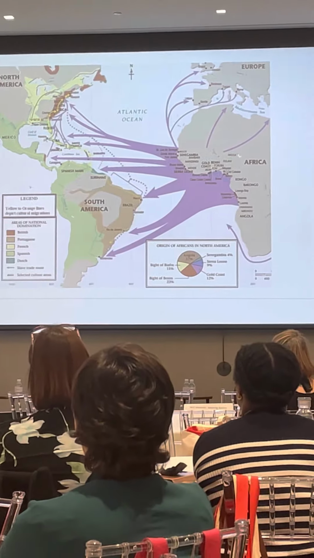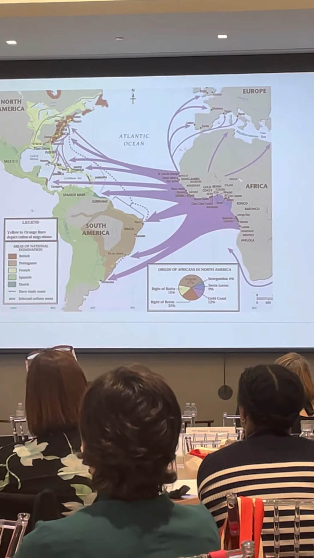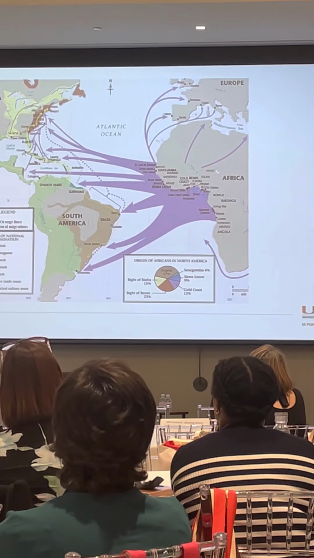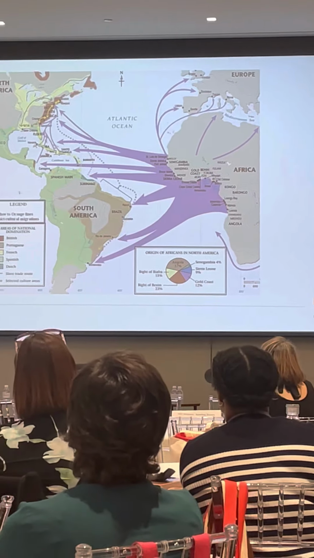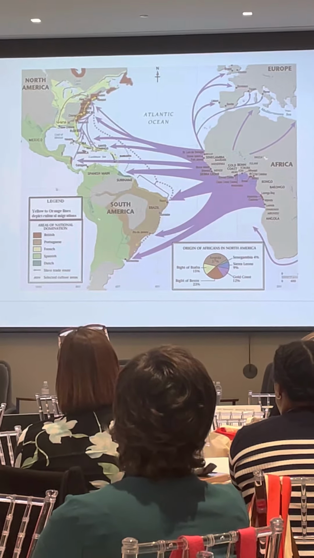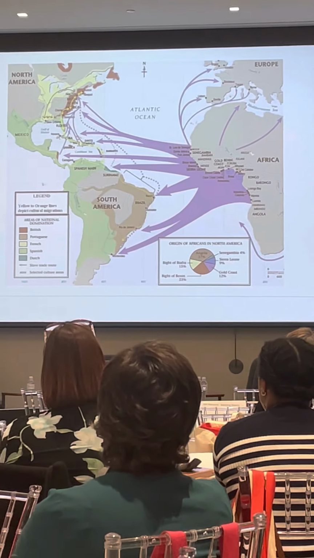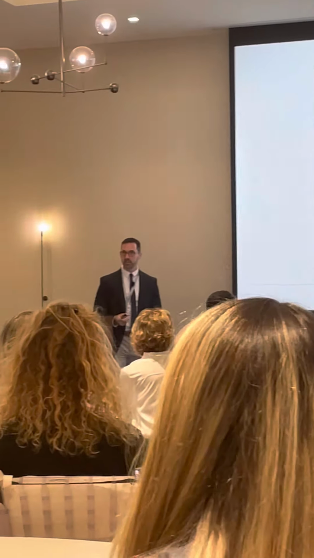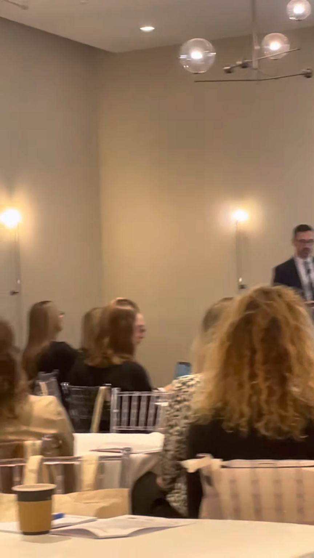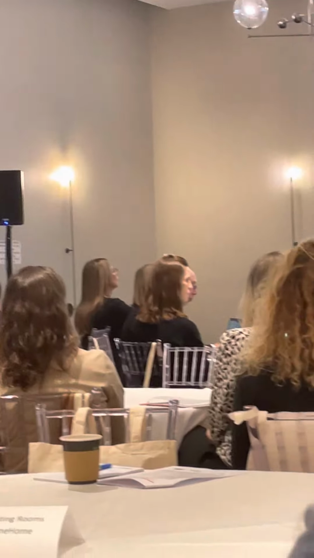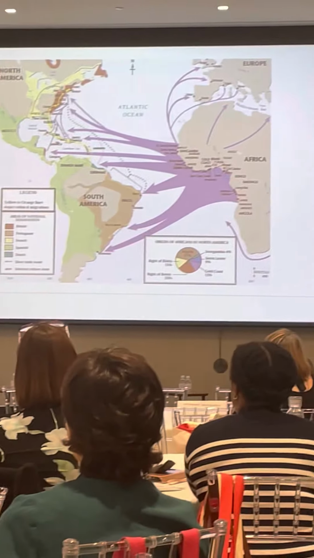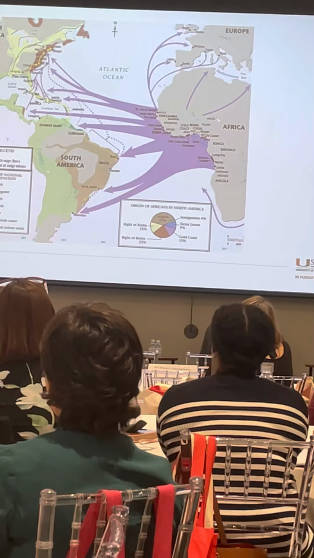I want to start, however, with a little bit of a history lesson, because I think this is really important in terms of perspective about how we should be looking at this community in Florida. This is a pictorial of the transatlantic slave trade. As we know, tens of millions of men and women were transported from West Africa to the Americas over the course of several hundred years. You can see here that the vast majority are from right at that area where it is currently Nigeria. And men and women were transported to South America, the Caribbean, and the United States, or North America.